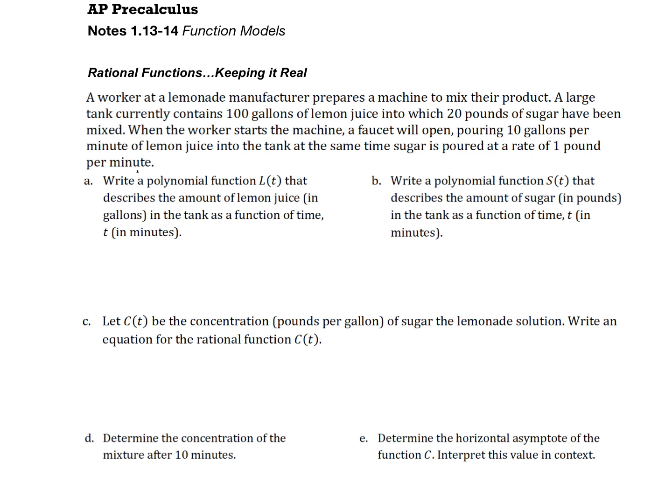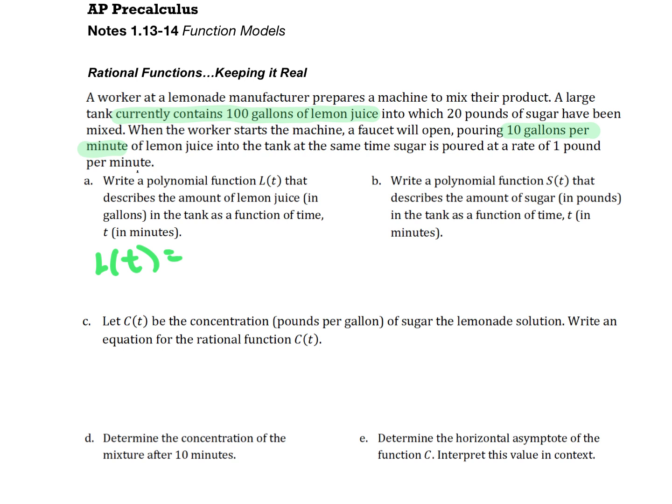Okay, so the first thing it wants me to do is to write a polynomial function, meaning not a fraction, nothing crazy, just a polynomial function that describes the amount of lemon juice in gallons in the tank as a function of time t. So we're just talking about the juice, okay? Not the sugar, just the juice. So let's go back and look for all things sugar, okay? All things juice. So it currently contains 100 gallons of lemon juice. When they turn on the faucet, it's going to pour in at 10 gallons per minute, okay? So just the juice is going to have the equation L of T